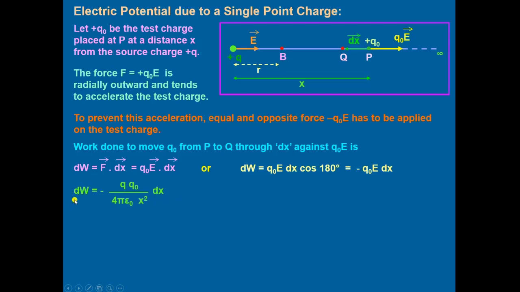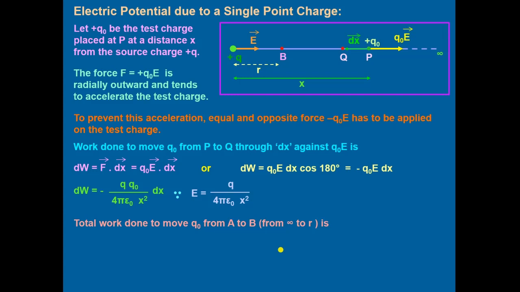Substituting the values, we come to dW equal to minus q naught Q divided by 4 pi epsilon naught x square, the whole multiplied by dx, because this E has the value Q upon 4 pi epsilon naught x square. This is a small work done. We can calculate this work done for the position A to B also. We can take two positions, and like the previous chapter, we can have the two values for the potential difference. The total work done to move this q naught from A to B,